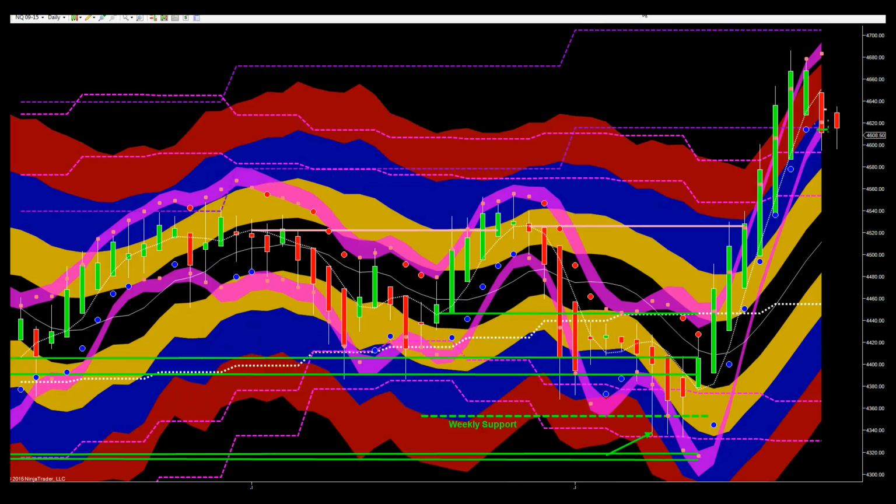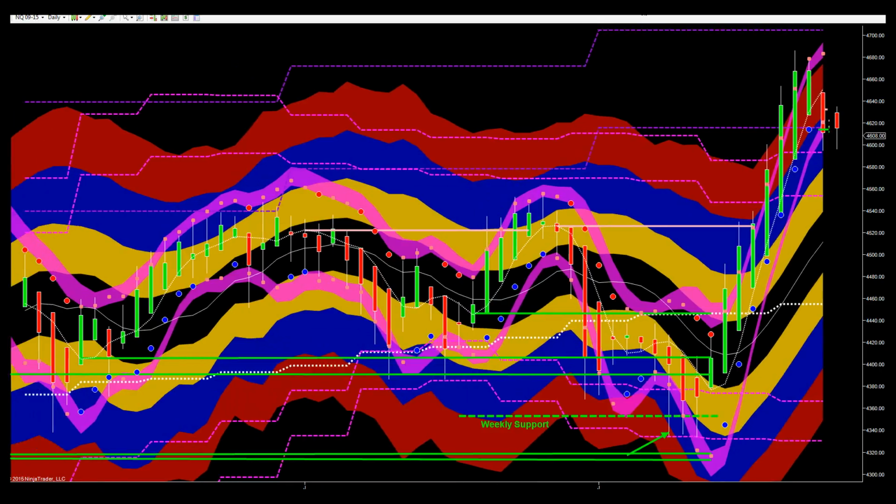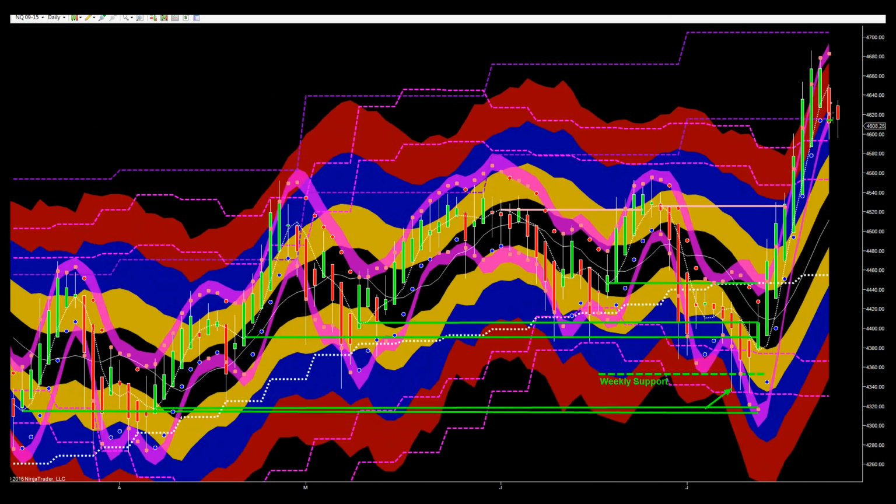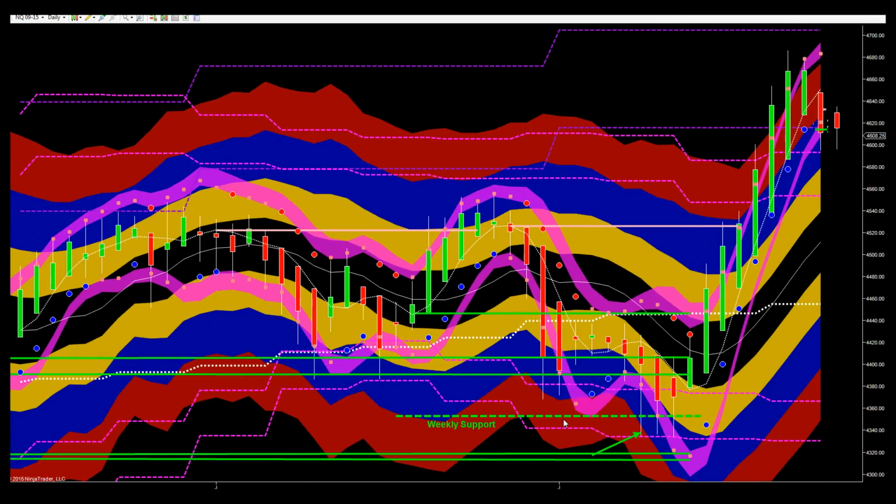We're just starting off looking here at the daily chart for the NASDAQ futures. You can see that we did have some levels of support. We actually did have a level of weekly support. This is one of our valleys off the weekly. And you'll notice that the bottom energy band that's magenta, that's the weekly envelope bottom, how it held right to